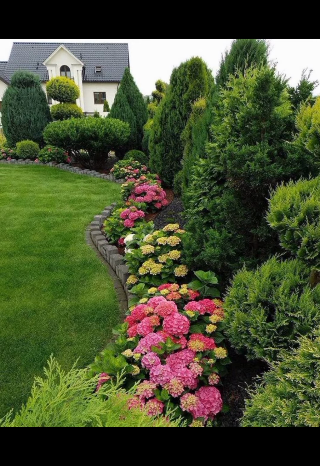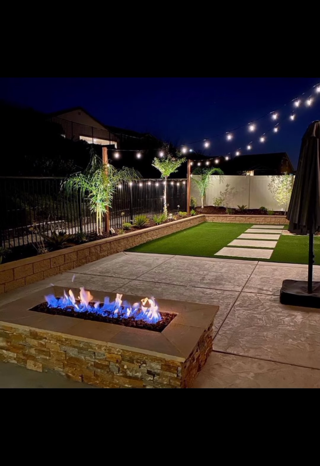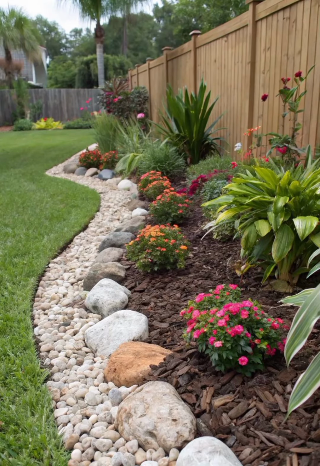Hardscaping. Incorporate hardscape elements like pathways, patios, walls, and decorative features. Use materials that complement your garden style. Focal points are